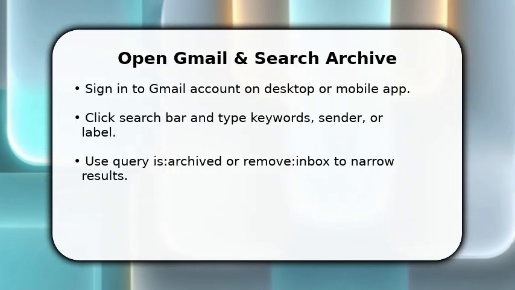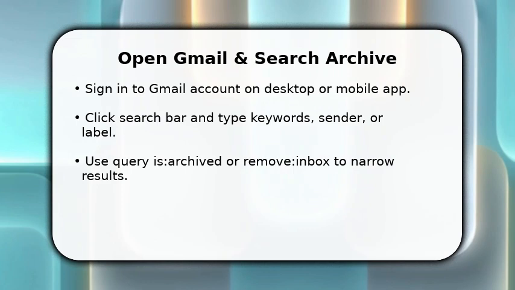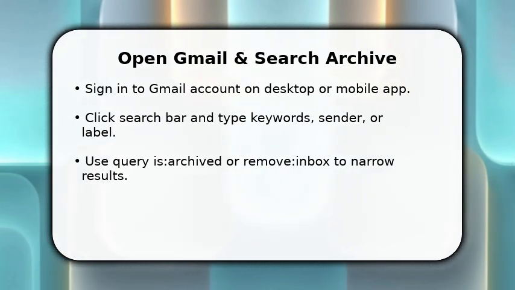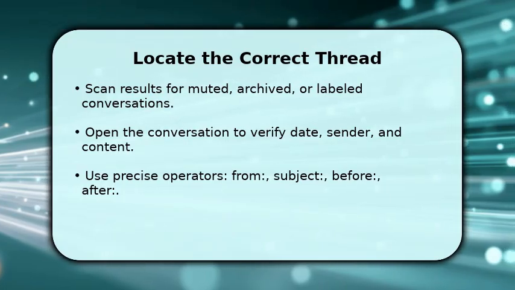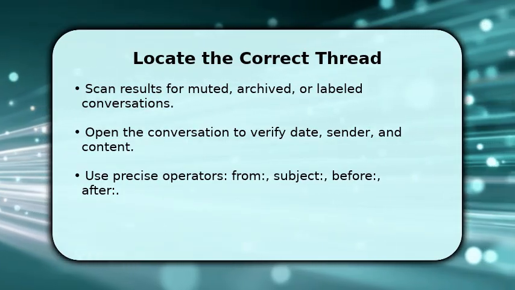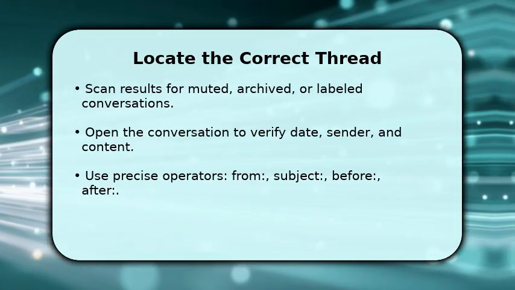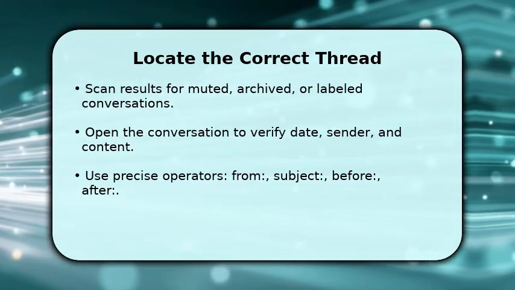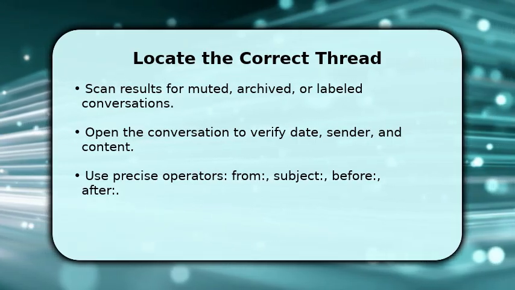This first step forces Gmail to show items outside the inbox and gets you directly to likely archived threads without digging through labels. Now you'll inspect the filtered results to find the exact conversation. Open each promising thread and verify sender, date, and message content so you don't restore the wrong item. If results are noisy, refine the query with operators like from:alice@example.com